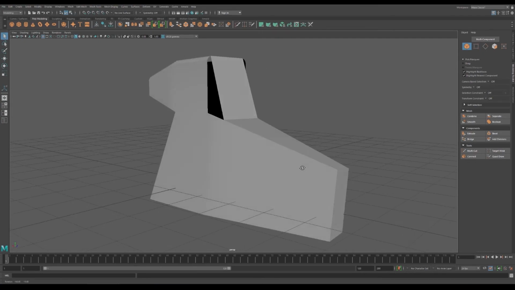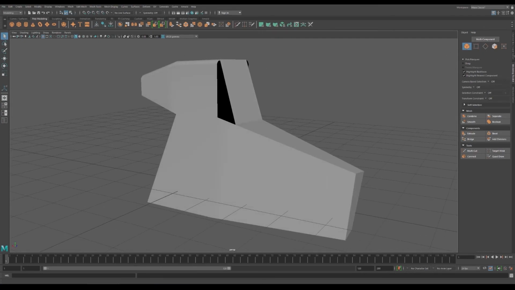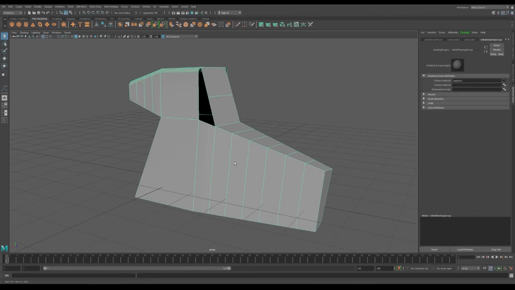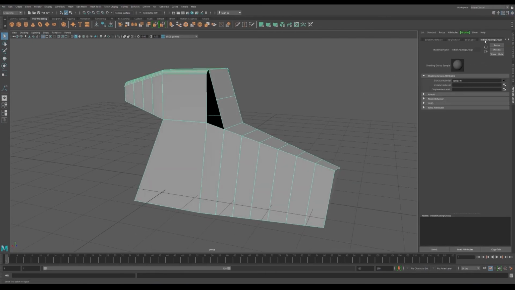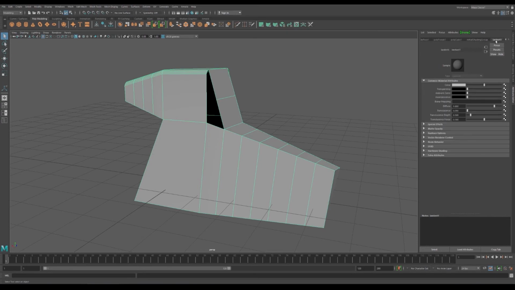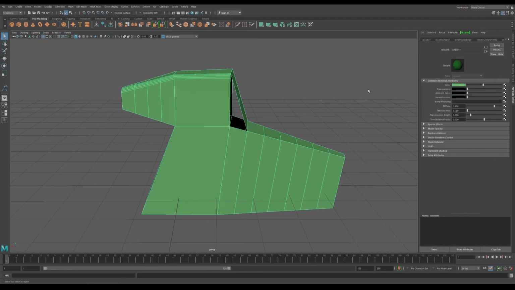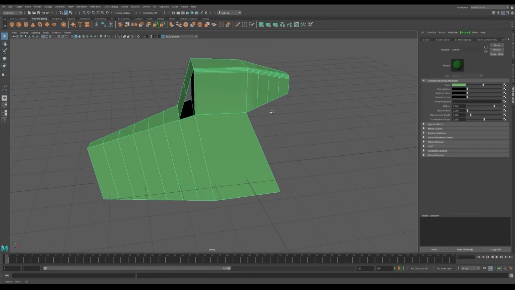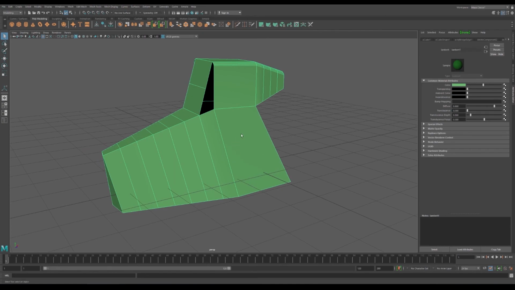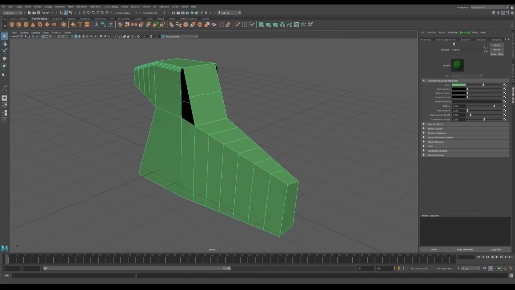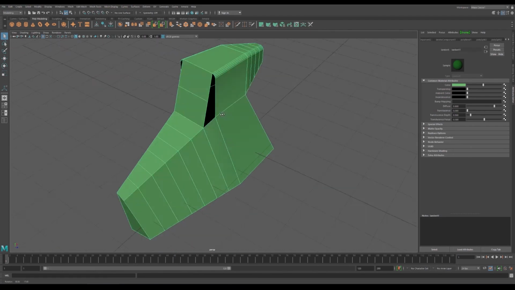Now, if we want, we can change the color real quick by going to our attribute editor. Up here, you will see we have a Lambert. Whenever you create an object in Maya, by default, it will come with a Lambert. That's a type of material. Give it some color. Yeah, there's a lot of attributes that you can change here. Lamberts are not the most complex materials, but